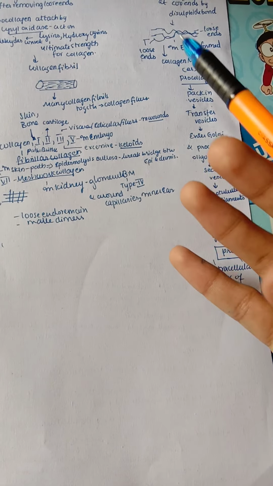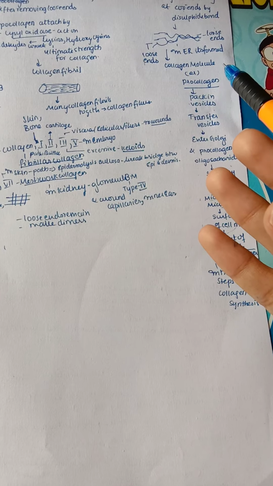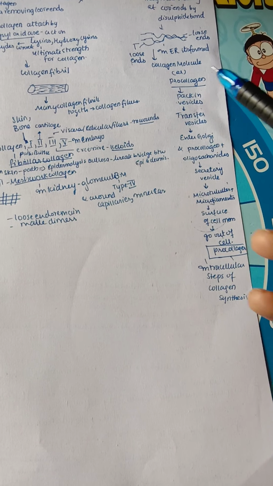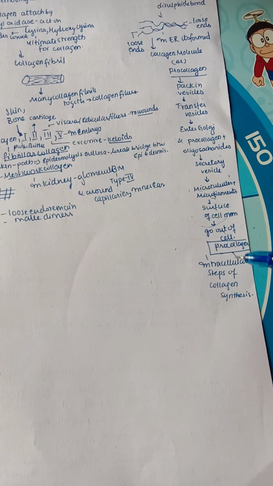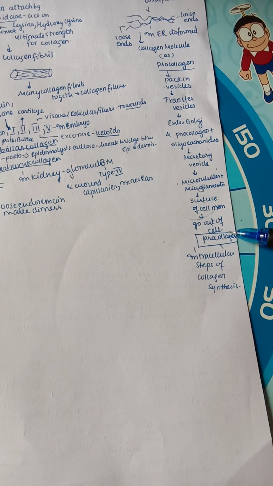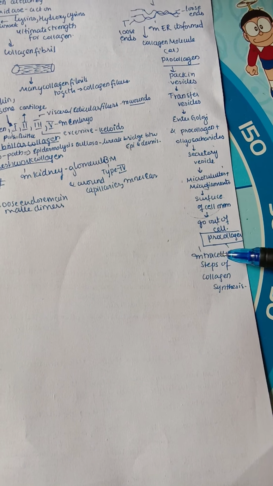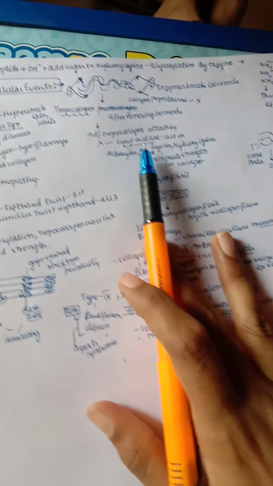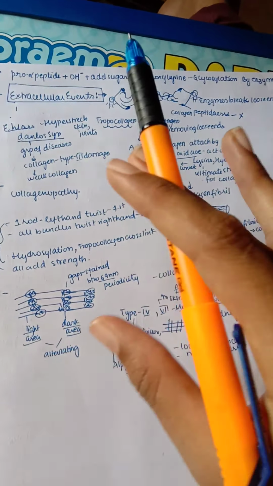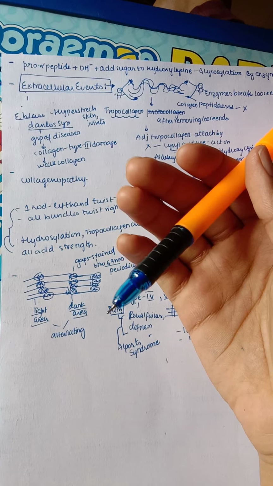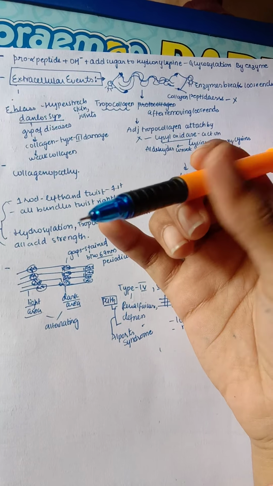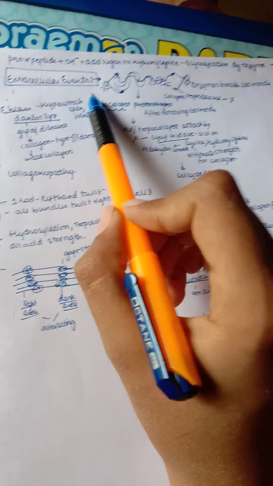So the process started in a DNA, next enters into the endoplasmic reticulum, now they are entering into the Golgi and finally coming out of the cell, and the final product is called procollagen. So this is the intracellular steps of collagen. All these are going inside the cell till now, because procollagen just now is released out from the cell. So all these processes are going intracellular. Now let us see the extracellular events.